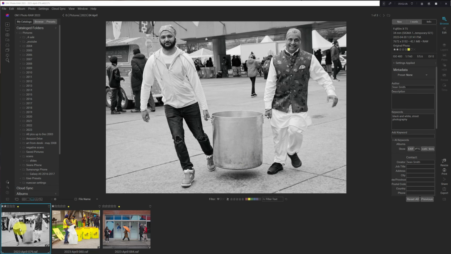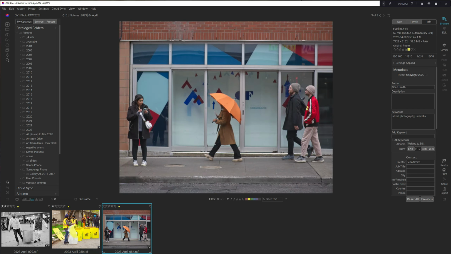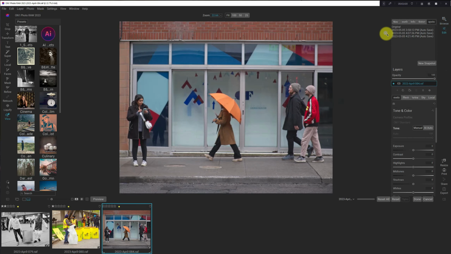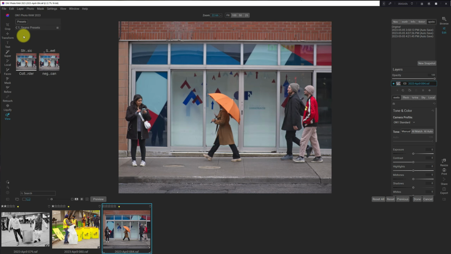So I've got 3 photos down here. This one is processed, and then these 2 are not processed yet, except for minor crops. And I'm going to take a look at the first approach to this, which is using the develop module and presets. So I've moved into develop, and I'm going to jump into my presets. And I don't have a preset made yet, but we're going to do that, and I'm going to show you what you get, and then we'll move into the second option, and then I'll explain why I think it's better